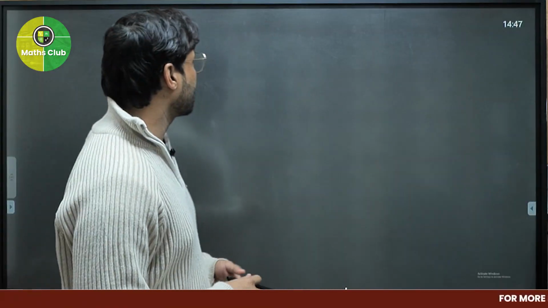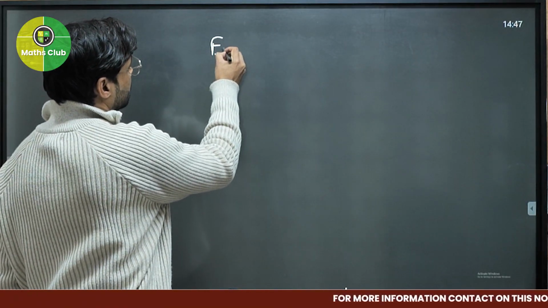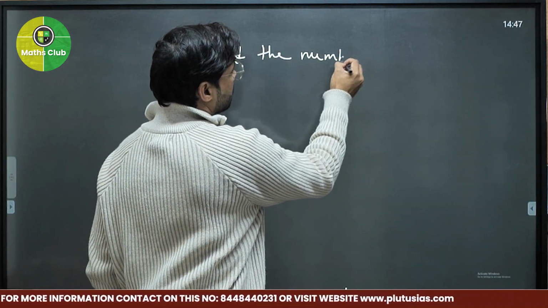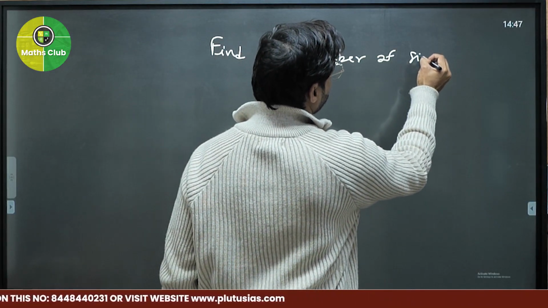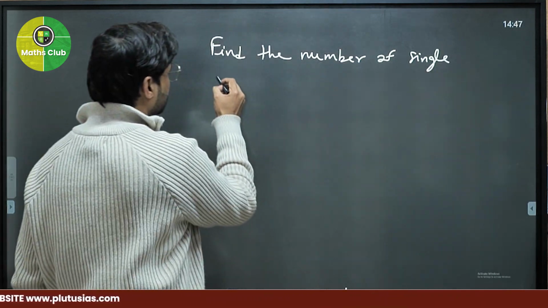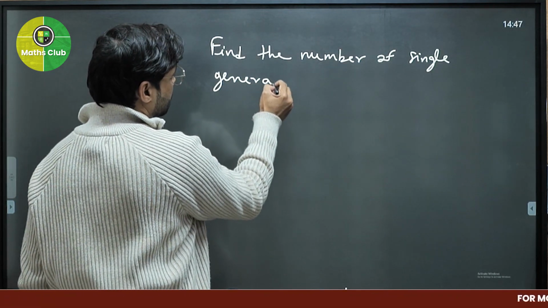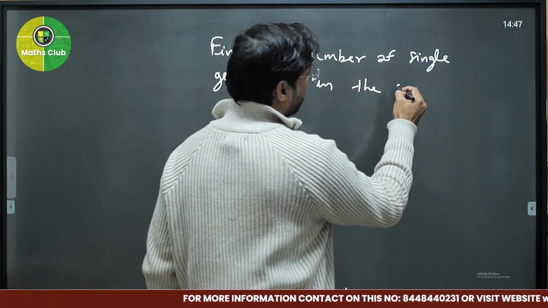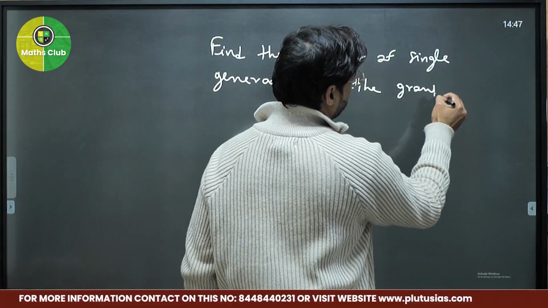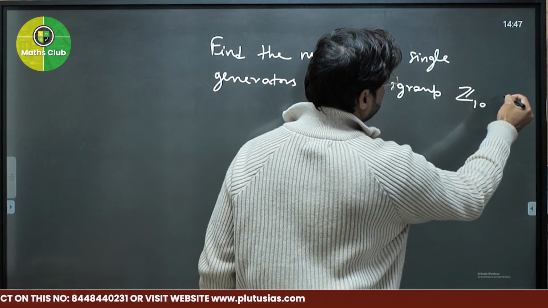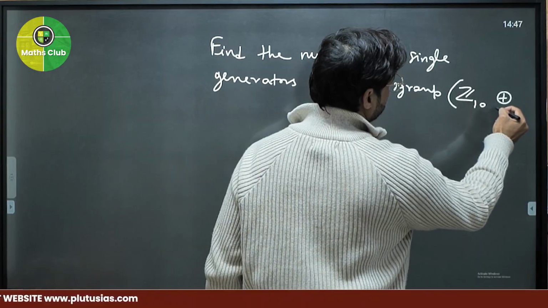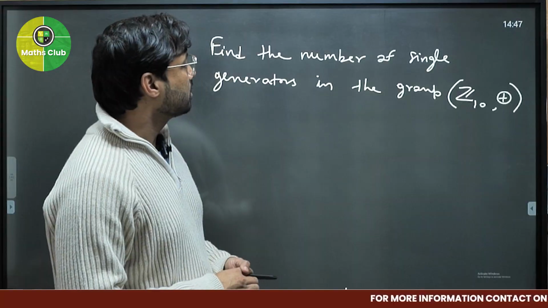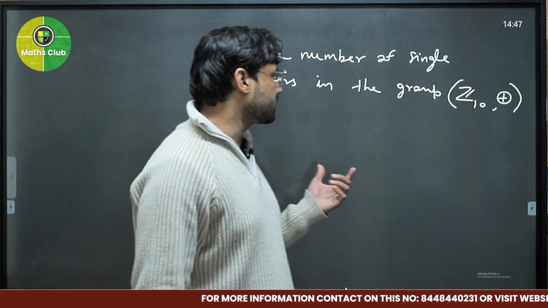Today we will see an example of a cyclic group: find the number of single generators in the group. Example: Z10. That is, we have to find the number of single generators, and when we find the number of single generators,